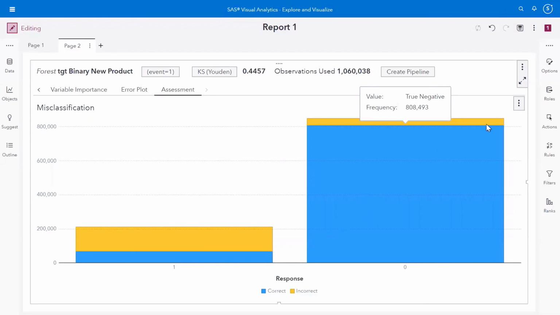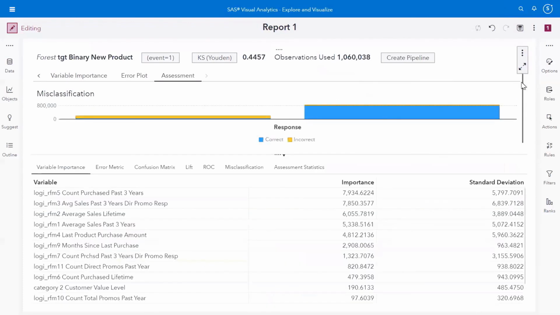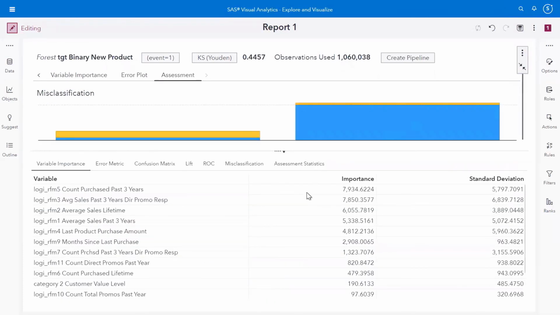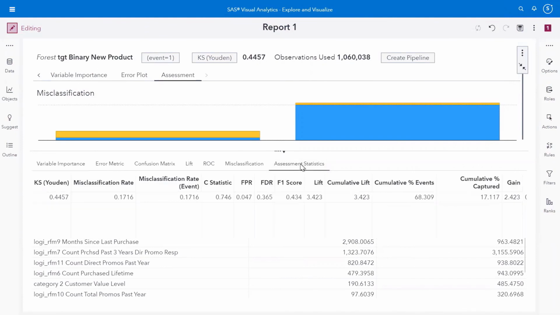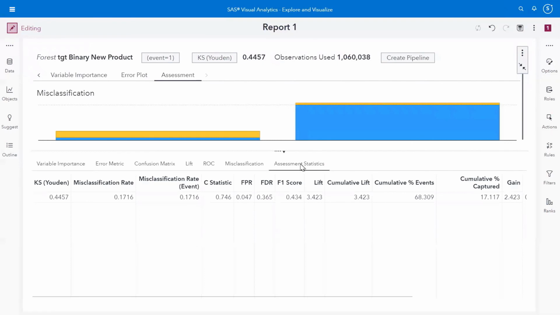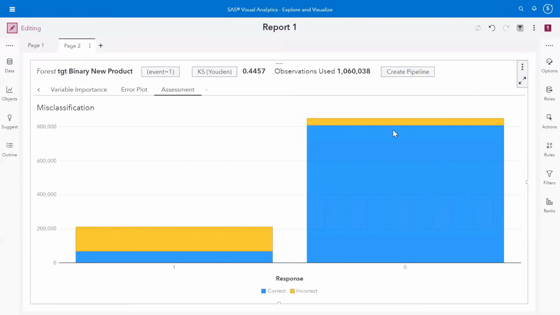I also want to show you, just like with the neural networks, if you click on the maximize button, you do get a nice detailed table that gives you all of the numbers, all of those statistics that you might be interested in looking at. So the numbers sometimes are hiding in this details table, but I wanted to point out how you could get them. All right, I think that's all I wanted to show you